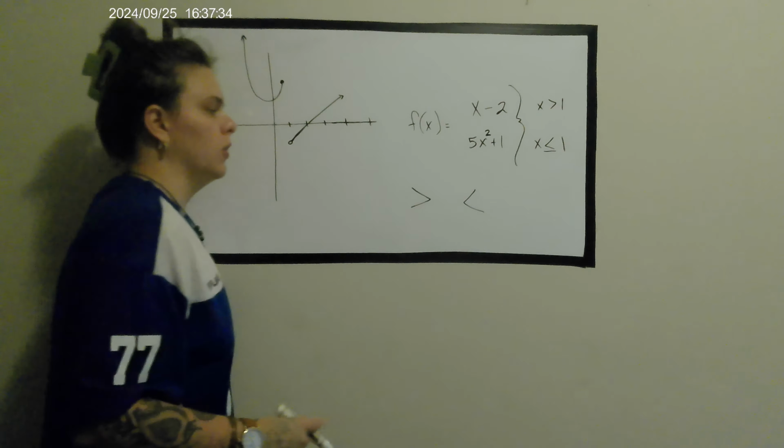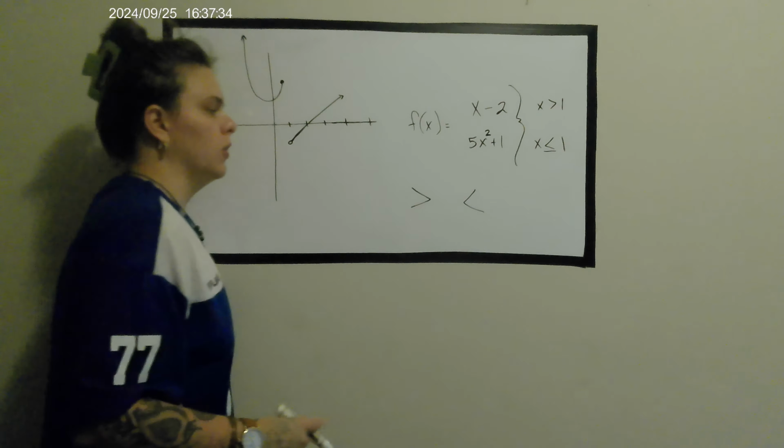Anytime you see an equals bar underneath, equal or less than, greater than or equal, that will be a filled-in circle. That's why the quadratic has the filled-in circle, because it actually includes this value of 1